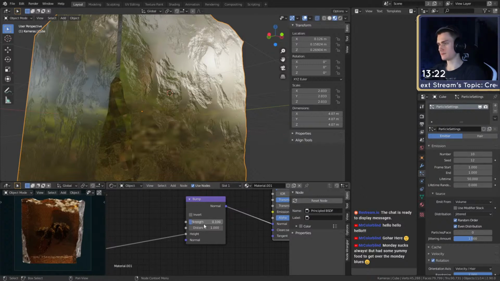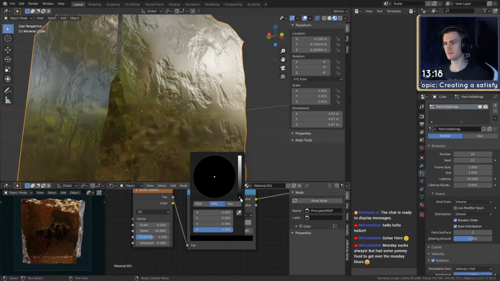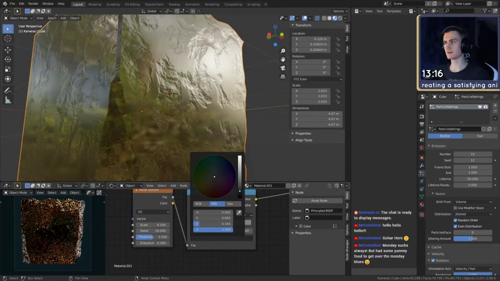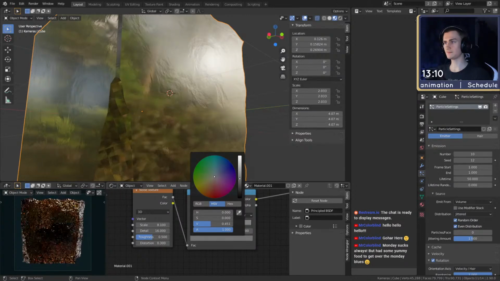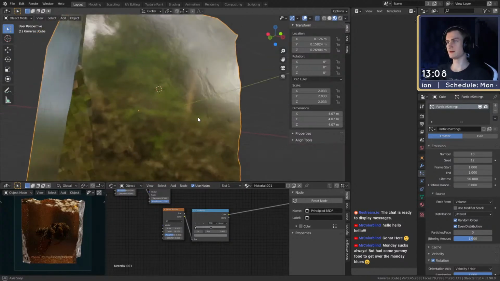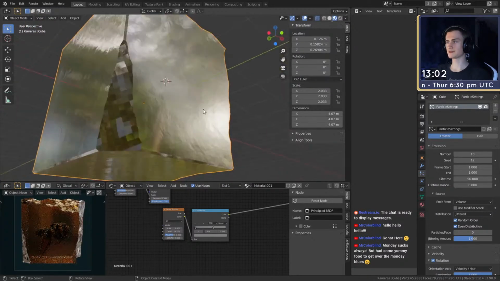We can probably put that at 0.1 and then just put this higher. If we put this black to something closer to 0.5, these bumps are going to be not as severe or big, something like that maybe. And then we can play around with this to bring in some more or a little bit less. Okay, this looks pretty good.